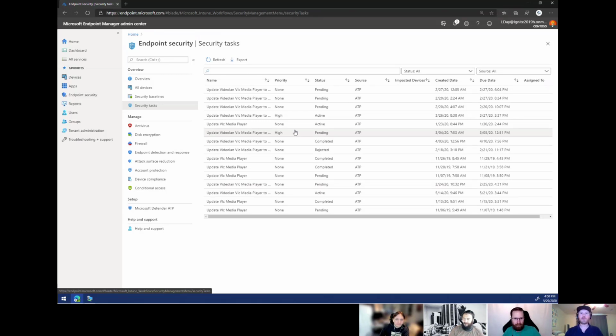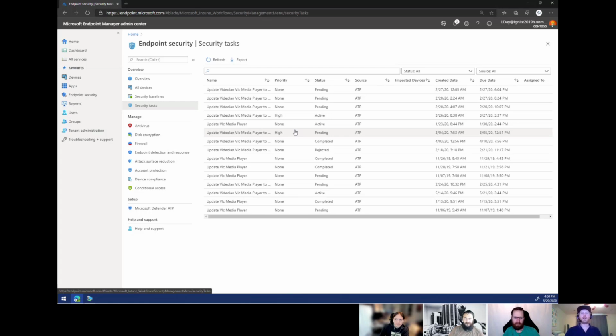But it might be a Notepad++ has got some open source binary that was compromised 3 or 4 years ago, and there's a handful of devices that are using an old version of Notepad++. Again, we don't want the security team upgrading those applications because they don't know what the impact might be. VLC's got a whole bunch of open source binaries that are used in corporate video editing software. So if we go and upgrade those, there's a whole bunch of stuff going to break from the end user's